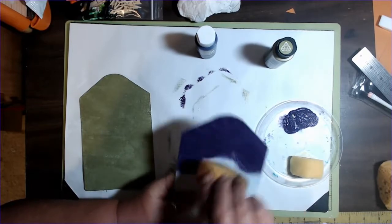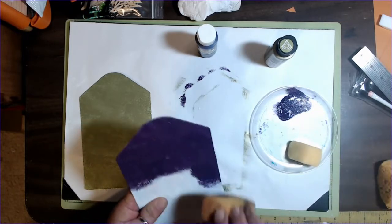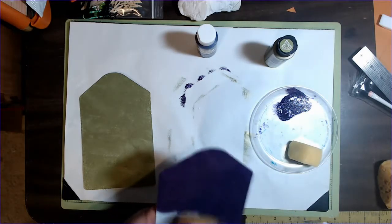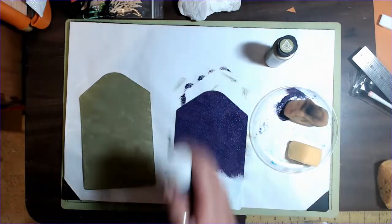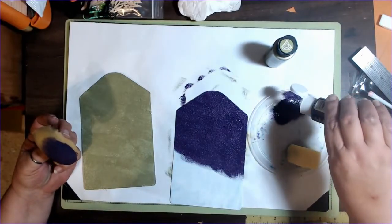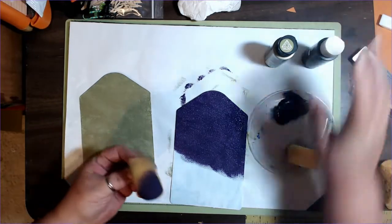Now, if your paint gets to be too thick to do this, and sometimes it will when it's a little older, don't add water. There's a couple of fillers that you can add to it that will thin it up a little bit. One of those is called Floetrol, and it's pretty inexpensive. It's about $12 for a quart, so it will last a very long time. You can pick it up at most